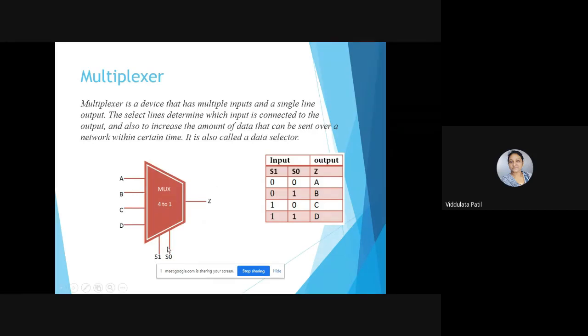Depending on the logic present at these select lines, any one of the inputs will be available at the output. If these select inputs are 0 0, that means A input will be available at output. Then for 0 1 it is B, for 1 0 it will be C, and for 1 1 it will be D. So irrespective of the values present at other inputs, depending on select lines only, that particular input will be available at output.